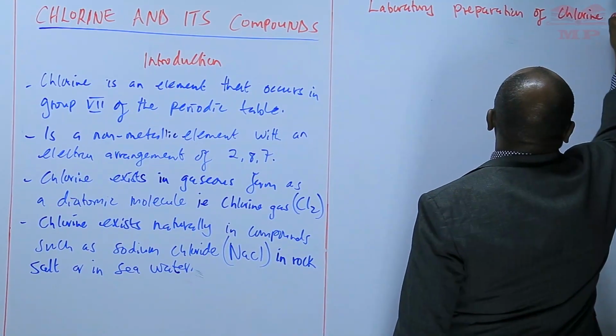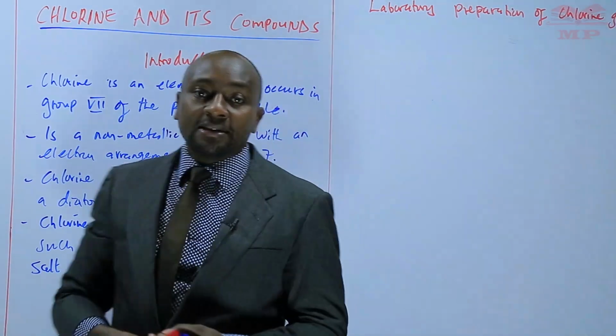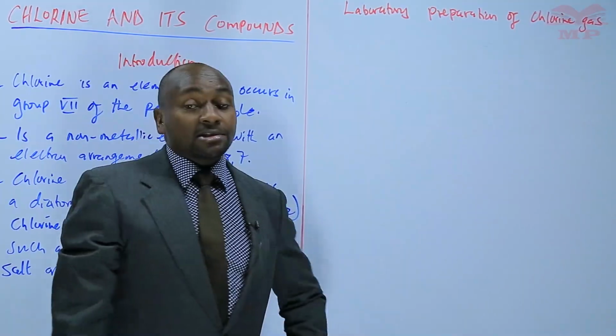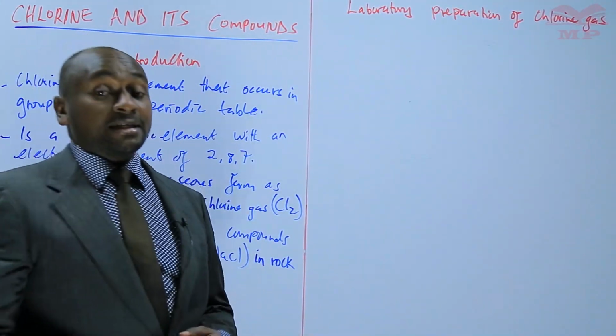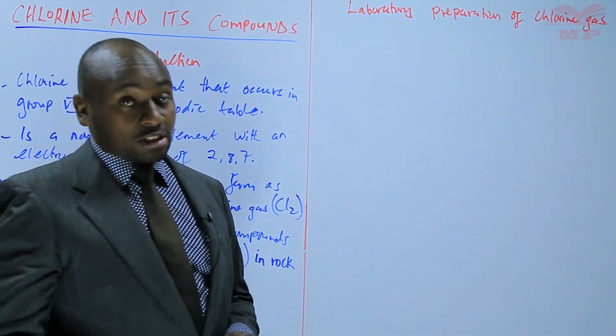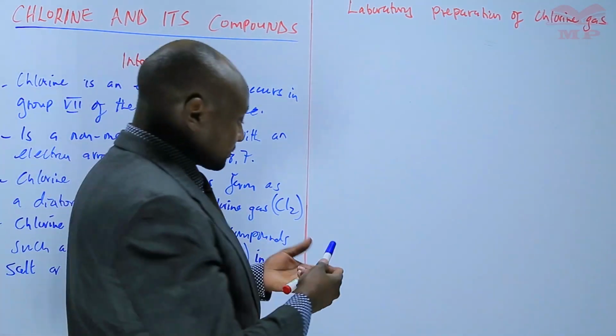Chlorine gas. How is chlorine gas prepared in the laboratory? To prepare chlorine gas, you need concentrated hydrochloric acid, and you also need a strong oxidizing agent. So, for example, we can say that